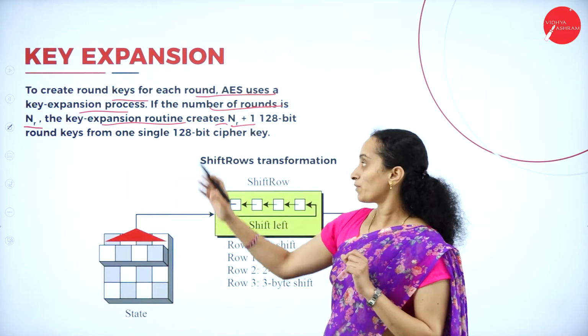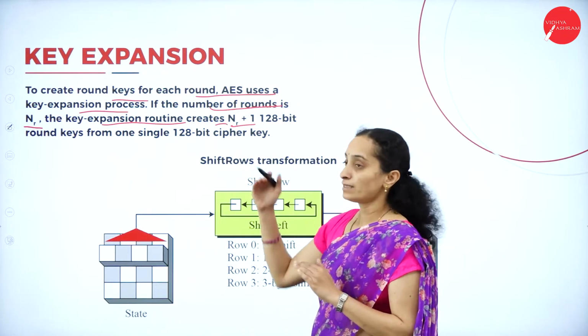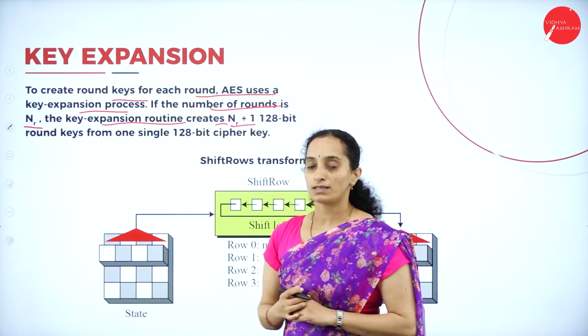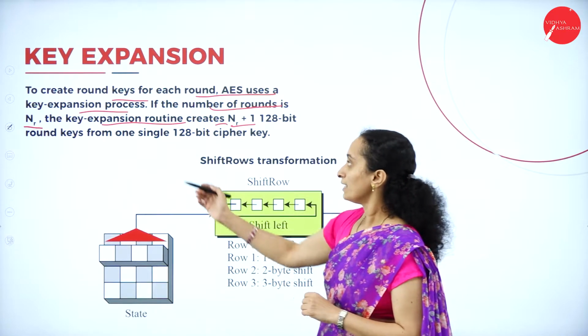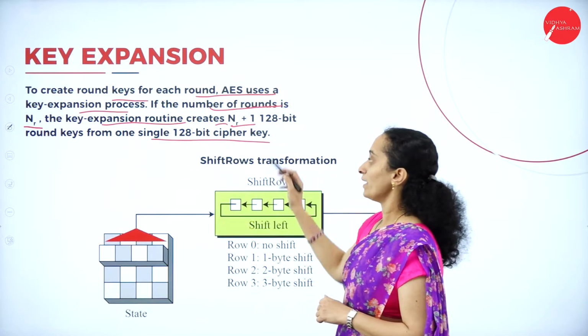How many rounds are there? Based on that, there will be Nr plus 1, an extra round key generated in the key expansion procedure from one single